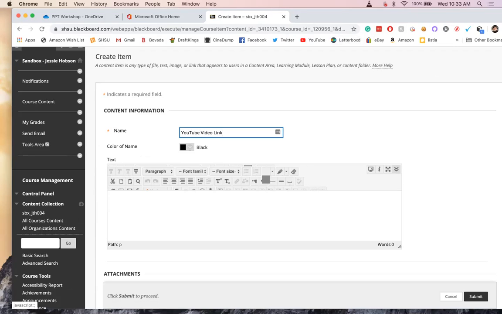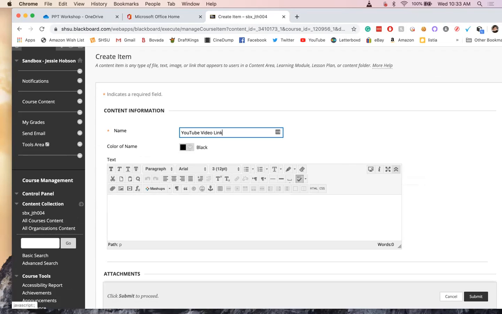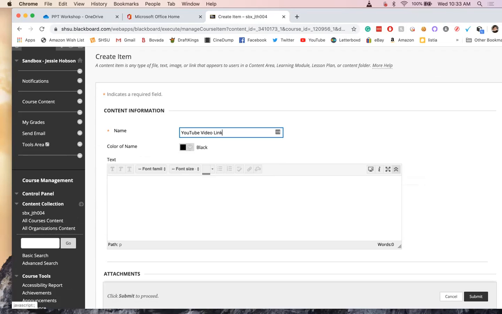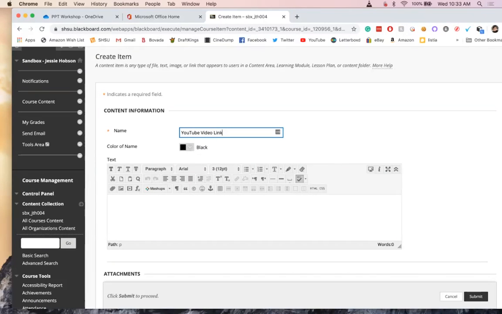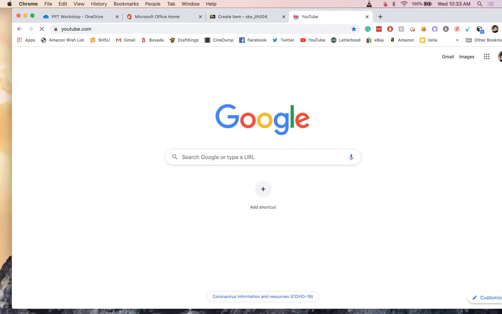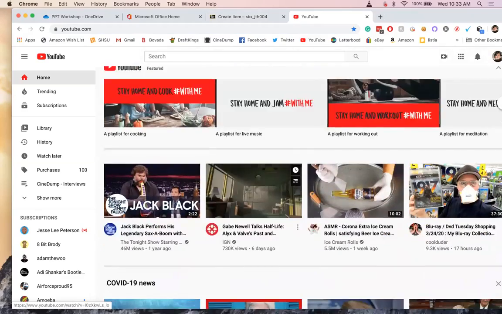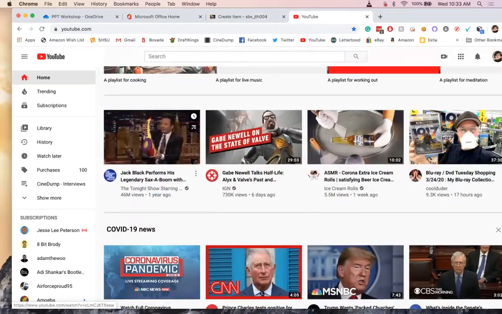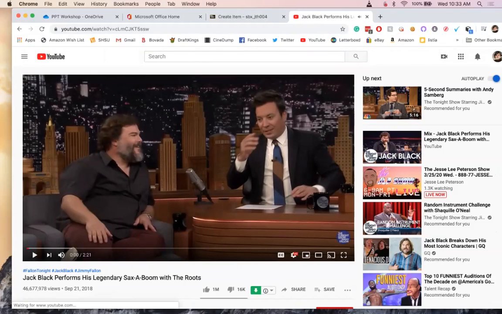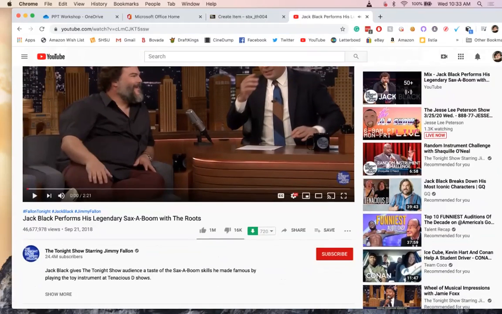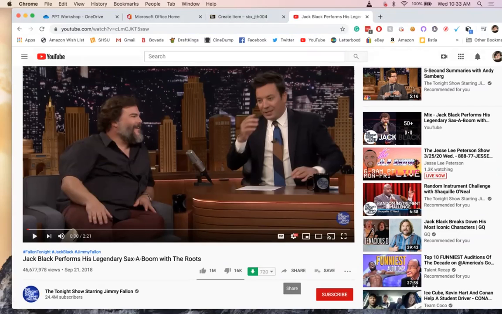Something to keep in mind when you are working with Blackboard, this arrow sometimes hides some of your options. So just make sure that it is pointed up. That way you have more options available to you. And we're gonna open a new tab, go back to YouTube, and we're gonna share this Jack Black video. I've seen. Everybody likes Jack Black. So what we're gonna do is, this will work with any YouTube video, by the way. You just click share here,